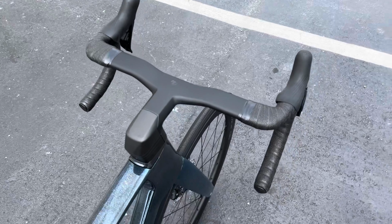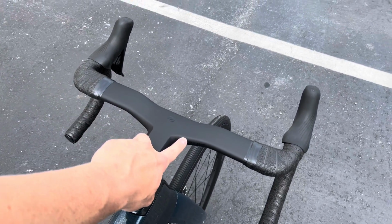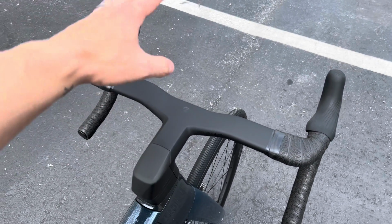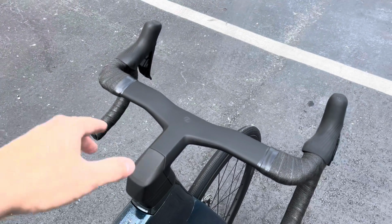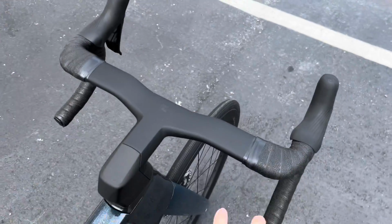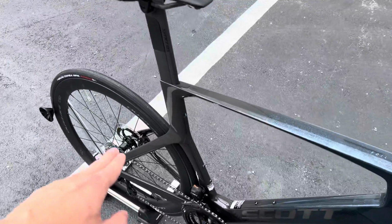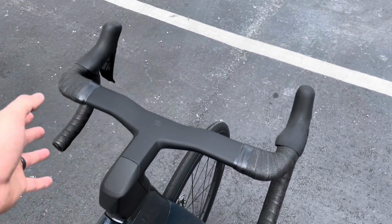So starting off with the cockpit, we'll start here where I just left off. These are the Synchros Crescent IC SL Aero carbon fiber handlebars. Synchros is going to be the brother company to Scott. This is their own brand, but it's their components they make. They also make wheels, handlebars, seat posts, everything like that. So Synchros is made by Scott. This is a one-piece bar and stem combo in here, 42 centimeter wide, 100 millimeter stem on a size large bike, a size 56. The cool thing about this is that it's super light, much more stiff as well,